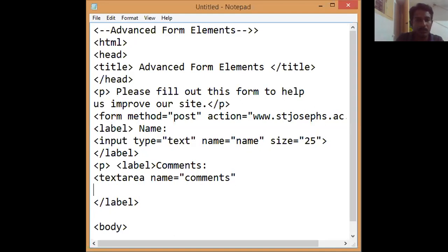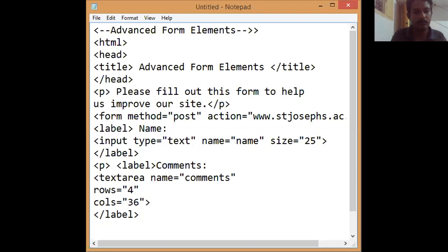You can also specify the number of rows you want. If you give rows equal to 4, then 4 rows will be created. And if you give cols, it specifies the columns. If you give 36, then 36 columns will be created.